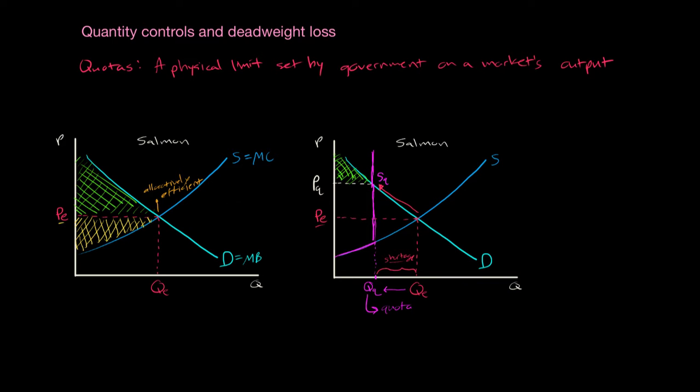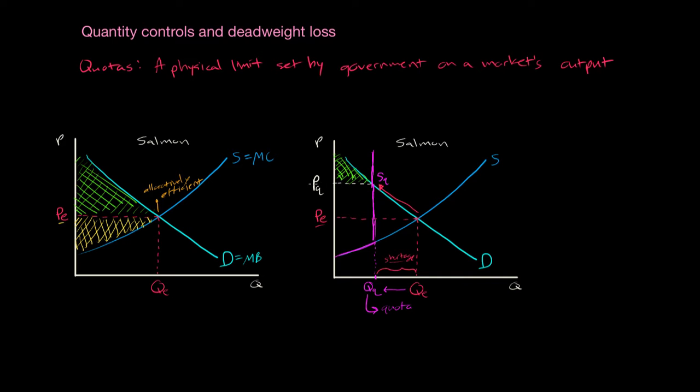Producers, on the other hand, they might actually be better off as a result of this quota. Now, there's a caveat here. The producers who are able to go out and catch the fish, those who are lucky enough to get a permit to go out and catch the quoted amount of fish, are going to be better off because the price